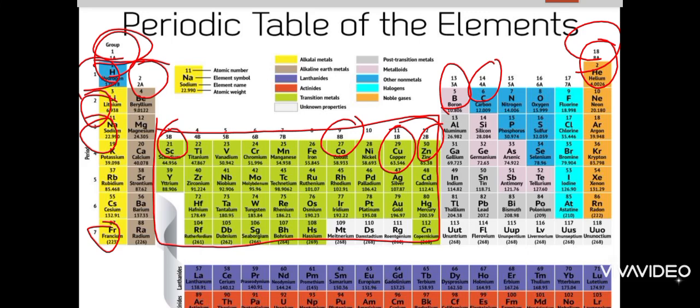Now you can see that there are two lines present at the bottom of the periodic table named as lanthanides and actinides. Basically, these lanthanides and actinides are the part of the periodic table. After barium, the lanthanide series is present, but in order to make the periodic table in a more compact or easy form, we have placed these lanthanide and actinide series at the bottom of the periodic table. And after radium, similarly, the actinide series is continued.